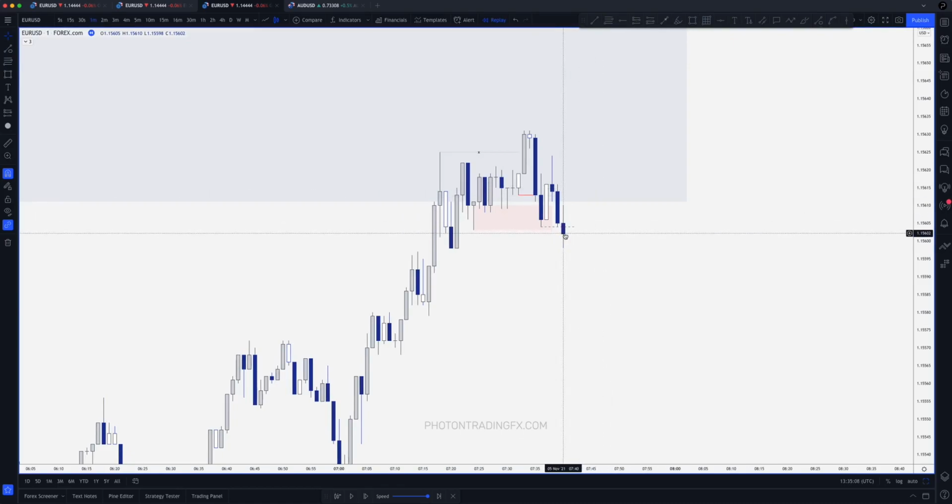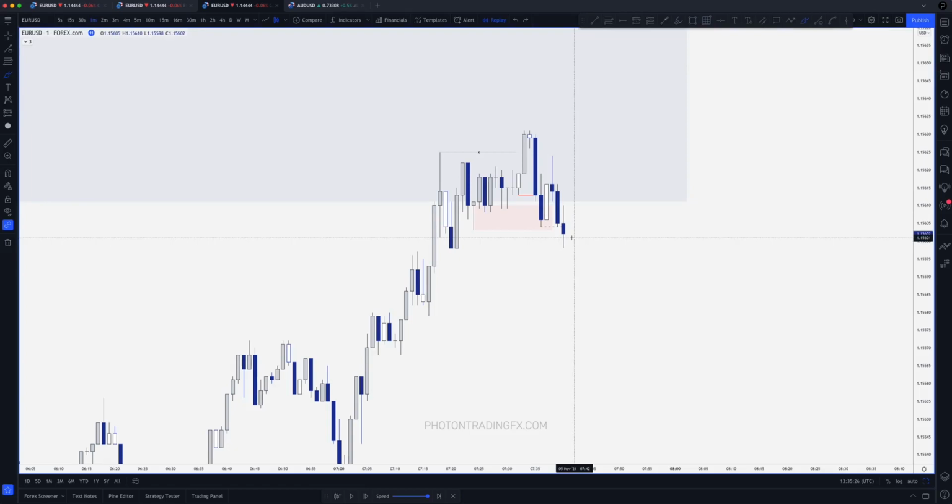Okay, now we have broken and closed below. So now we have a confirmed flip. Remember, price has come into our level of demand. It's reacted, which validates our level of demand. It's tried to put in a higher high, but it's failed to breach the high, so it's failed to do its job. As soon as price then breaks and closes below the base of the reaction point, now demand has